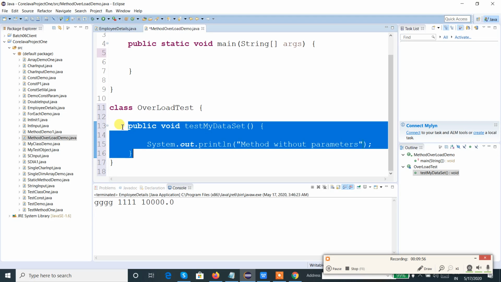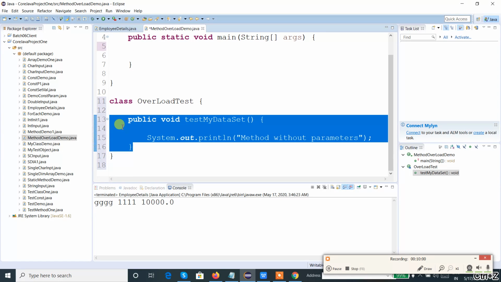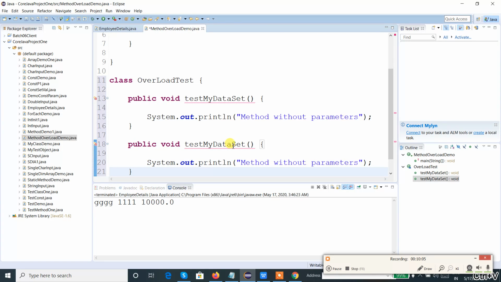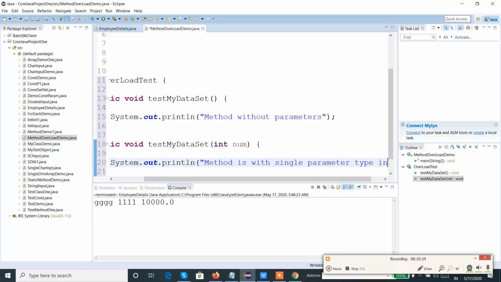Now let me overload by using different parameters again. Let's say this is integer num, and this method is with a single parameter of type integer.